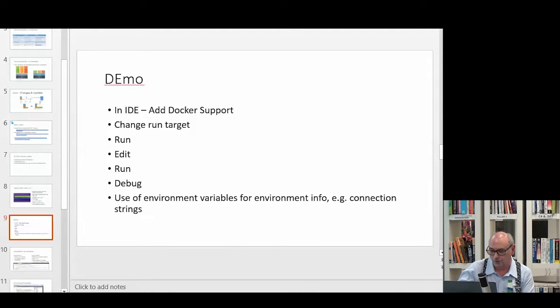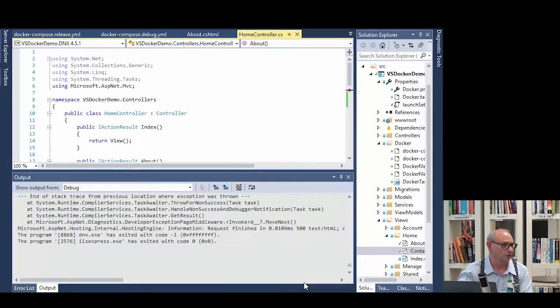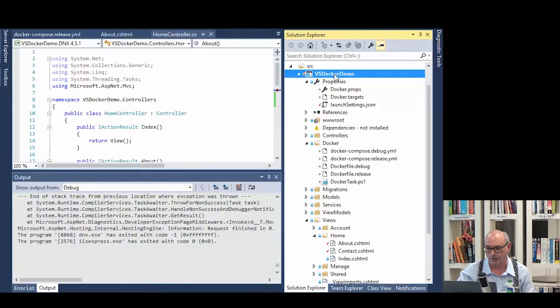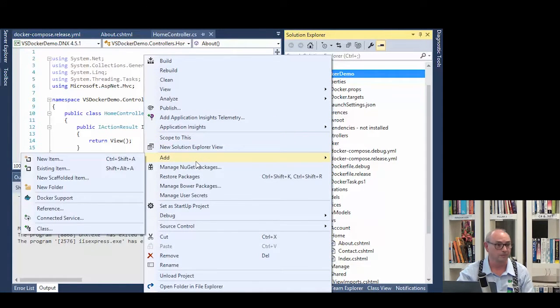So, who has seen Docker in Visual Studio? Anyone? Okay. All right. So what you do is you have your normal Visual Studio project. This is an ASP.NET 5, ASP.NET Core 1.0 project, and you can run it obviously as you normally do, debug, etc. And what you do is you come over to the project, and you say add Docker support,